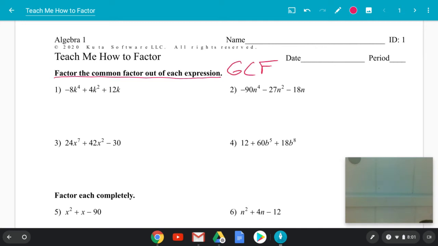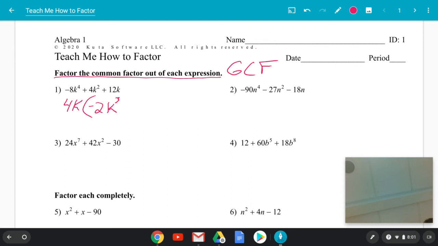Looking at number one, we only did the odds, so what number can you see that will quickly go into 8, 4, and 12? Well, that's a 4. I can also see that there's a K in all three of those terms, so I can also pull out a K. 4K will go into all three of those terms. So 4K times what gives me a negative 8K to the fourth? Well, that would be a negative 2K